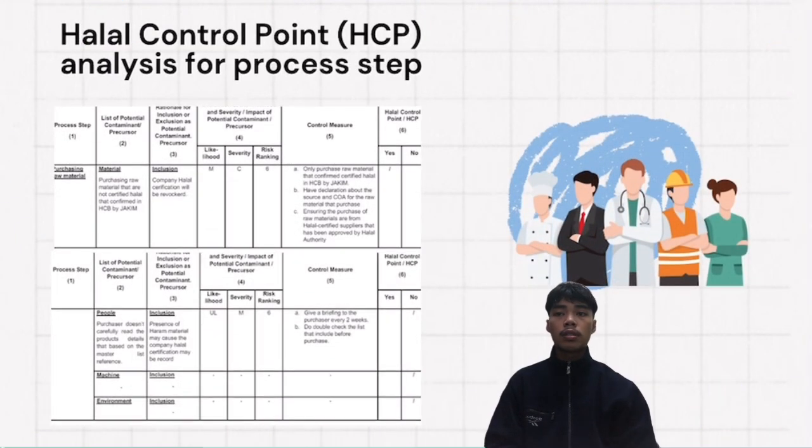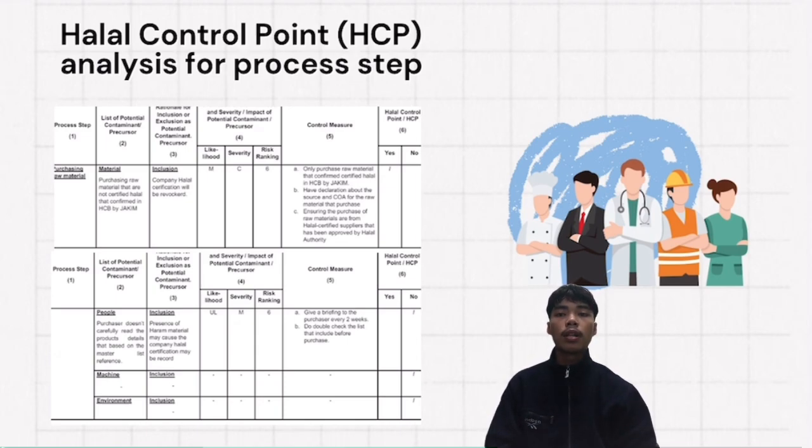Next is HCP analysis for process step. Process step 1 is purchasing raw material. The potential of contaminant is from 2 sectors, which are material and people. From material, purchasing raw material that is not certified halal, confirmed in HCB by JAKIM. For rationale for inclusion, the company's halal certificate will be revoked. For the evaluation of likelihood and severity, the likelihood is moderate, severity is C, and risk ranking is C,